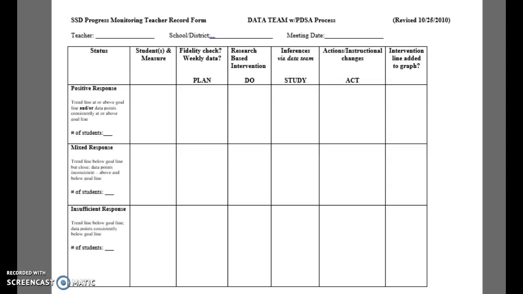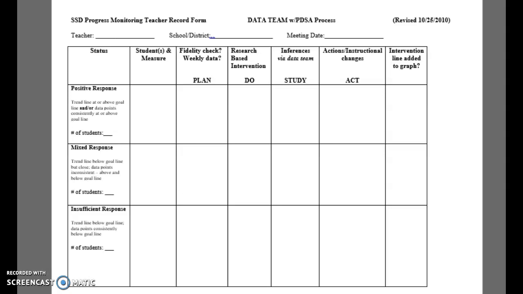The idea is that you would come to your data team like you already do, with your individual class or your student-specific data and with this form. This form would guide you through the critical questions and prompts that help us study our data with our team, as well as supporting that PDSA Plan, Do, Study, Act process. By using this form, we can highlight what's working for some students, what's working for some classes, and what might